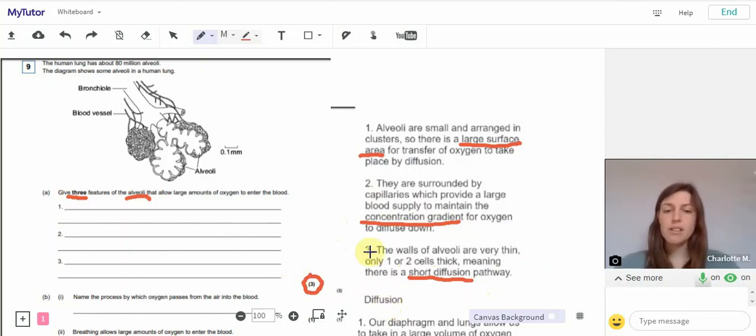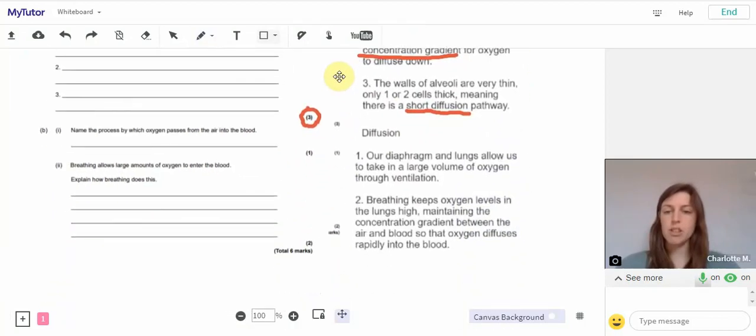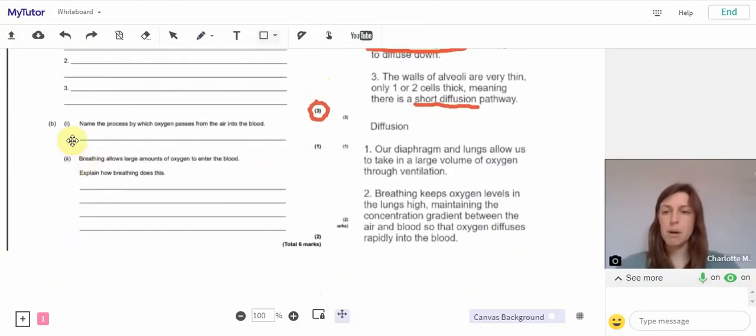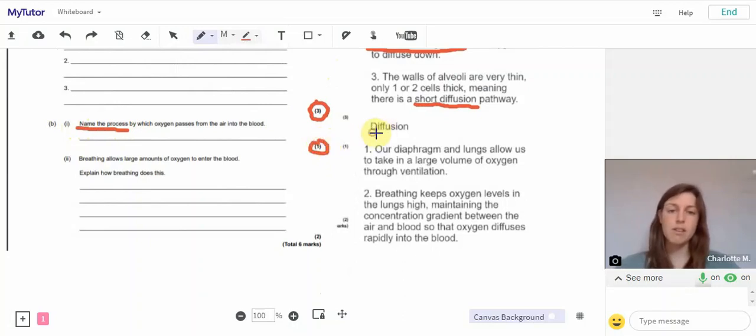Okay, so that's how we would answer that first 3-mark part of the question. The next part of the question is quite simple. B part 1, name the process by which oxygen passes from the air into the blood. We need to name the process, so this is a very simple one. It's 1 mark, and we know, because we've already been talking about it, that the answer is diffusion. And finally, B part 2,